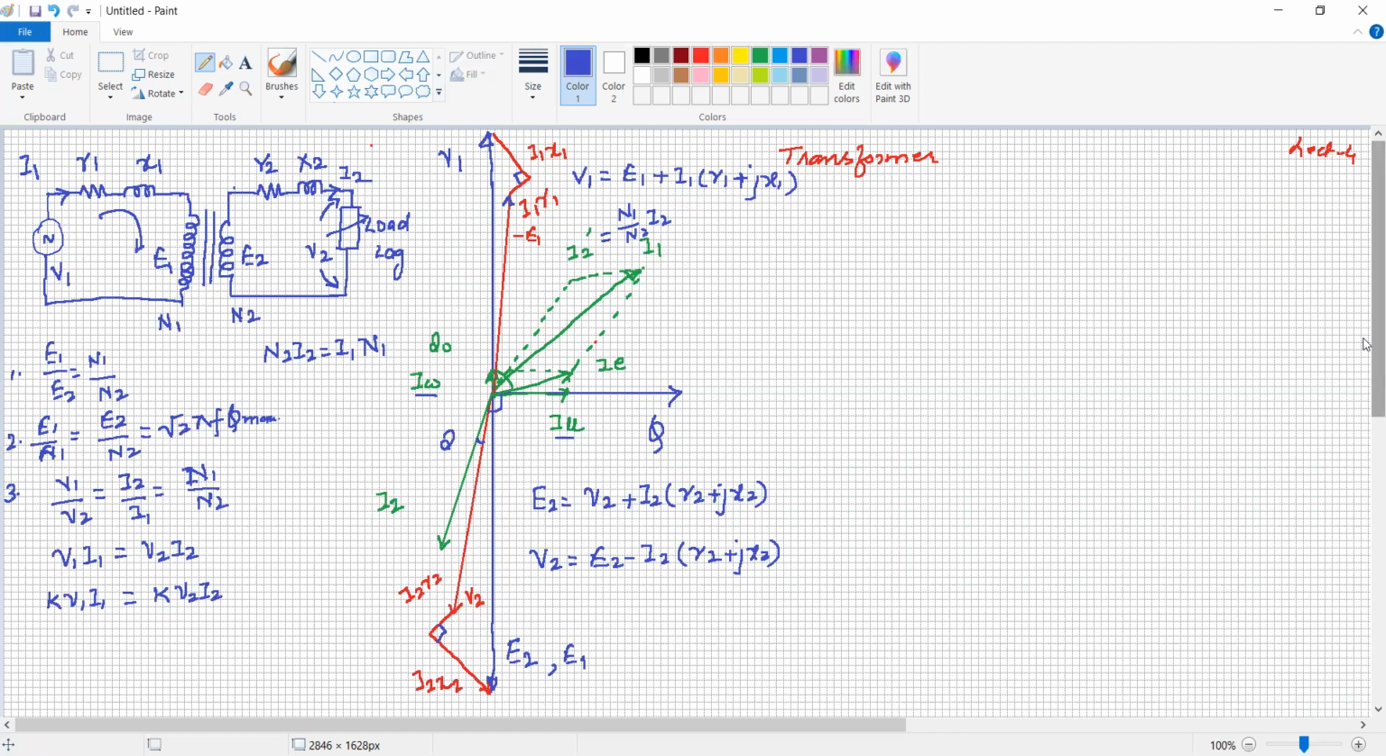Now, this circuit comprises resistance and reactance in the primary winding, and resistance and reactance in the secondary winding. So can we transfer this resistance and reactance to the primary side? Transferring the resistance, reactance or parameters is only for calculation purposes. It is a linear transformation, and whenever there is a transformation,